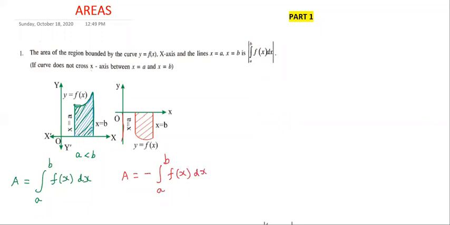Okay, by observing both the curves, the area should always be positive. So in the first graph we got positive, in the second graph we got negative. So finally, what I am writing is: required area is equal to, put the modulus, integration a to b f of x dx. If the integration value you got is negative, the modulus is there, so now the total area is going to be positive.